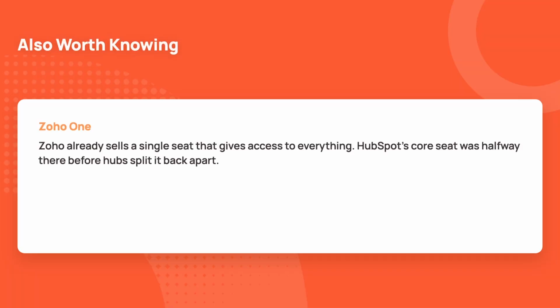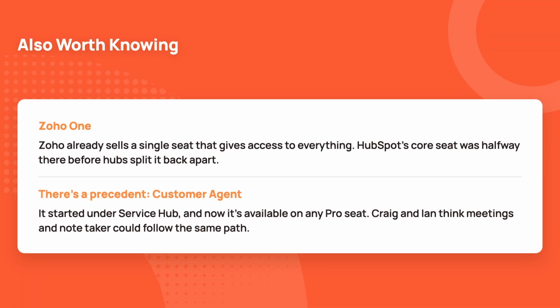But if you look at Zoho, they've got a Zoho One option. I'm just like, that's great. Mind you, Zoho's even more confusing than HubSpot going through their site. But they do have this Zoho One seat, which gives them everything. So it's almost like HubSpot was halfway there with a core seat. But then they decided, oh, no, that'll be for marketing. And they were so close. We just need a HubSpot seat, get rid of all the others, and then just make all of these things available. And it's kind of like Customer Agent, Ian. That started under Service, I think, and now it's any Pro seat. It's like, of course, because we want to use Customer Agent for anything. Surely it's the same with some of these other features as well. Yeah. Anyway,